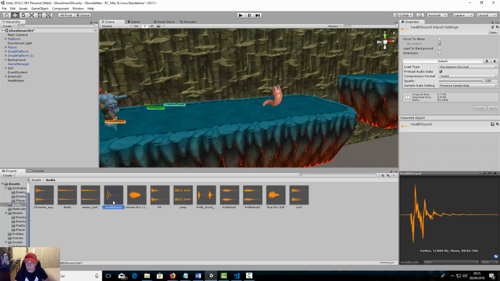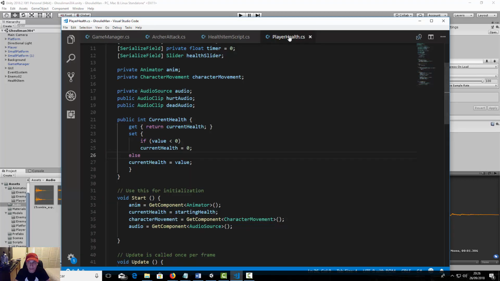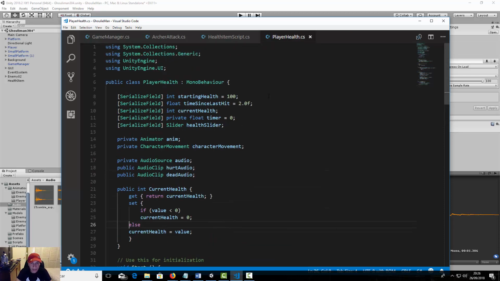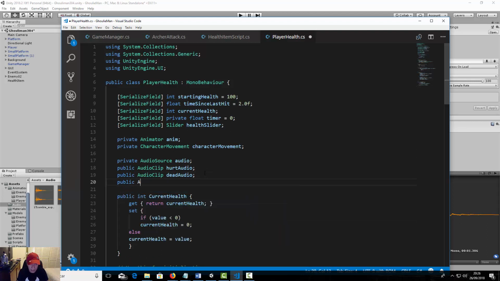So we have our health sound, and let's go to our player health script. So here we already have an audio source, so we just need to make a public audio clip. It's going to be pick item,